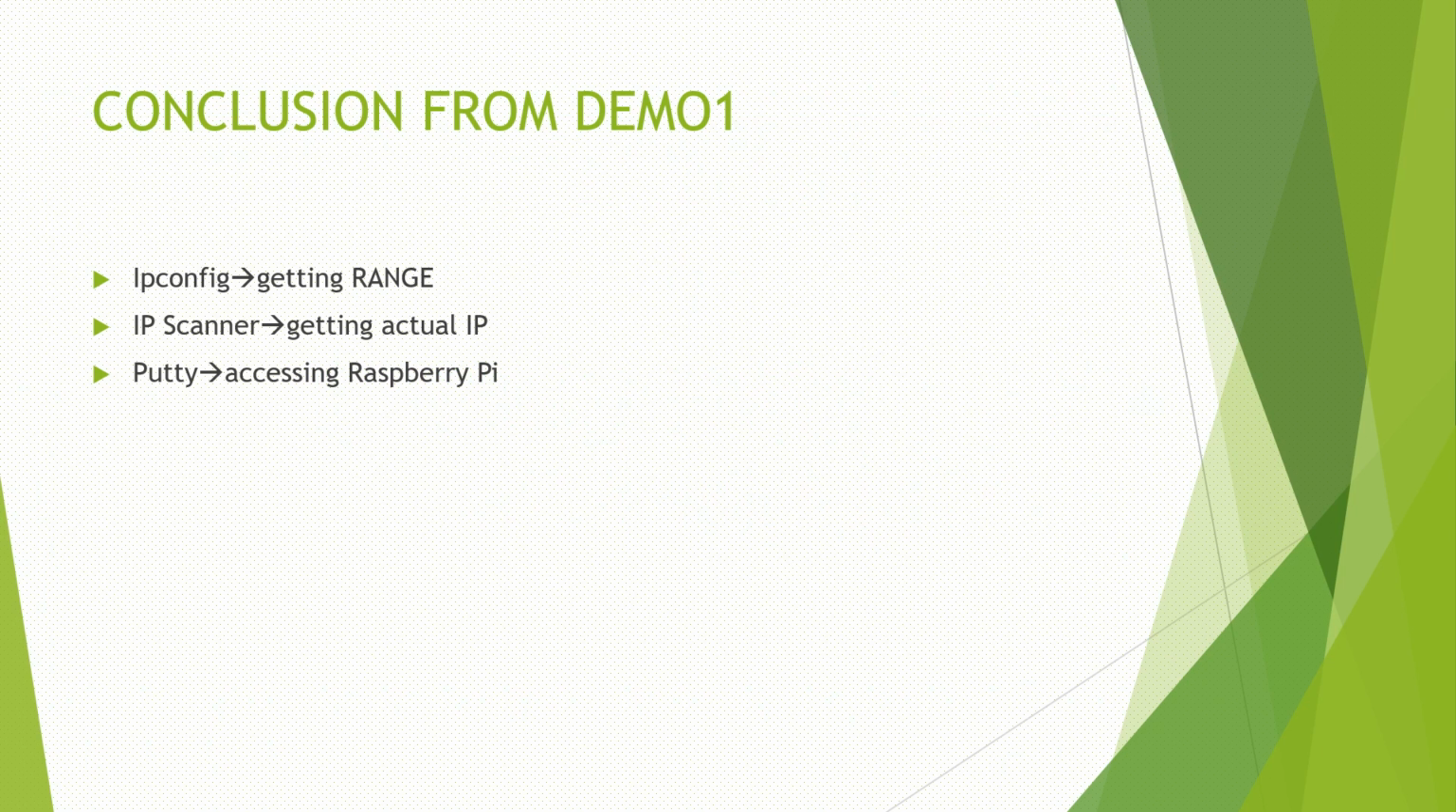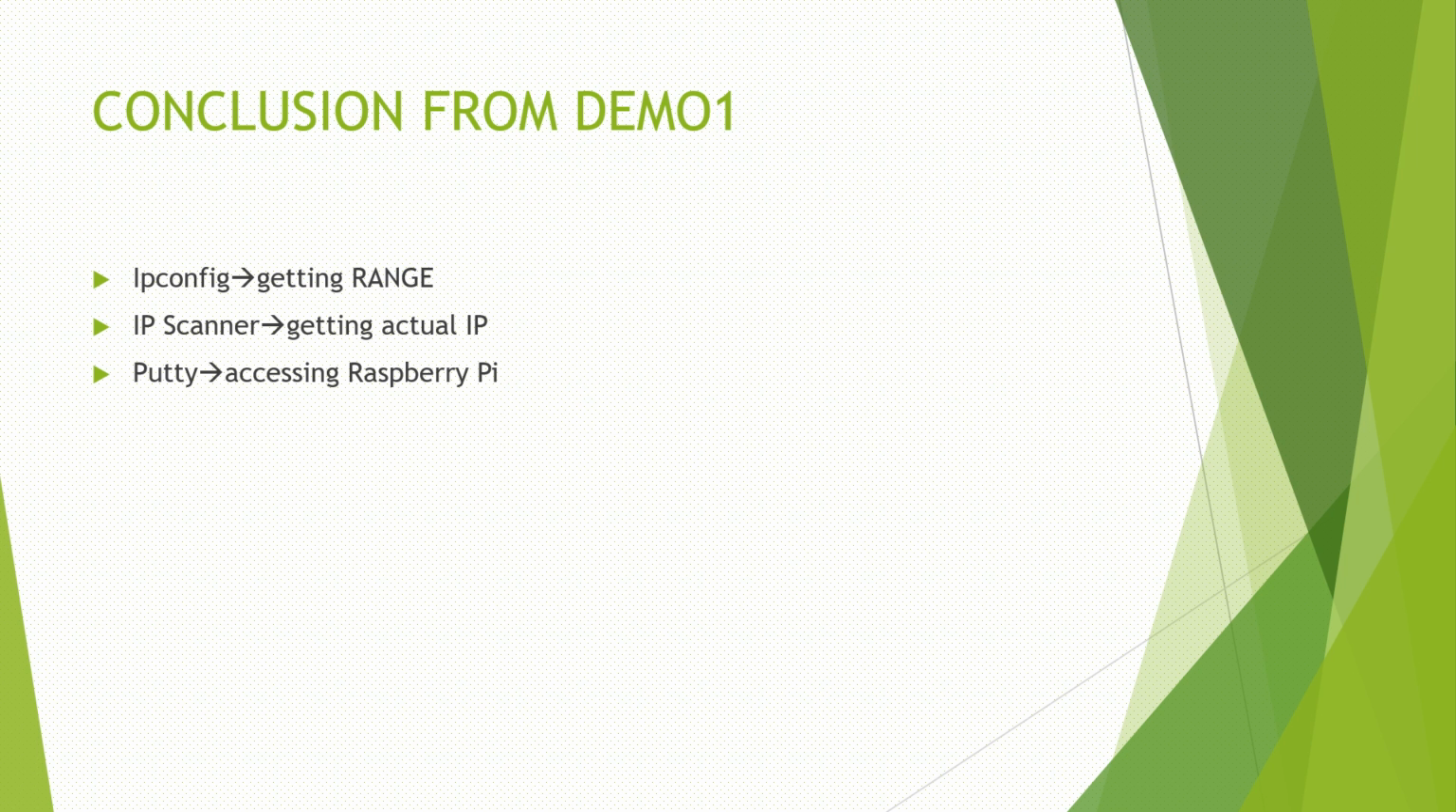So once again, just a revision. What was the conclusion from the previous demo one? There were only 3 points: IP config, IP scanner, and PuTTY. So what is the role of the IP config? Just getting the range. Not getting the actual IP address, getting just a range using the ipconfig command on the